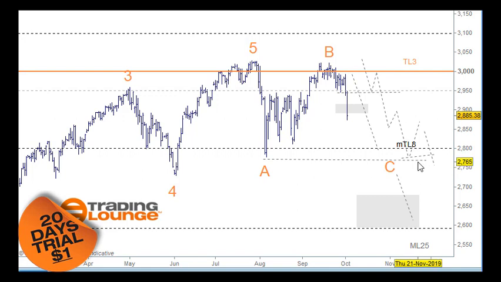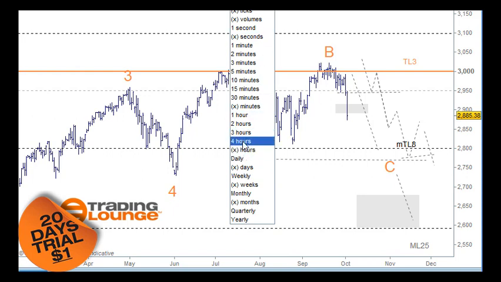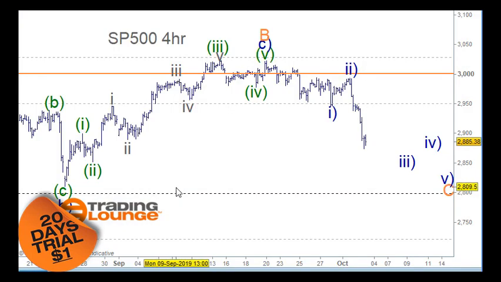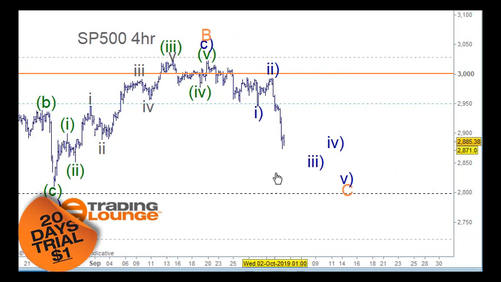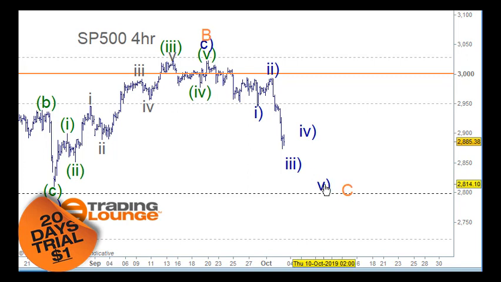So in the meantime, we are currently in this third wave here. So we'll also be looking for 5 waves in this third wave here. So let's start to go in and have a little look at that. So in a nutshell, this is what we're looking for here. So we've got 5 waves down to here and ABC back here. We're looking for the third wave, a fourth wave here, and a fifth wave here in the sort of bigger